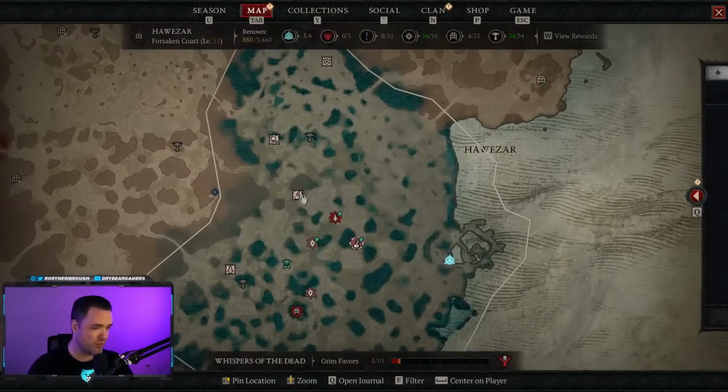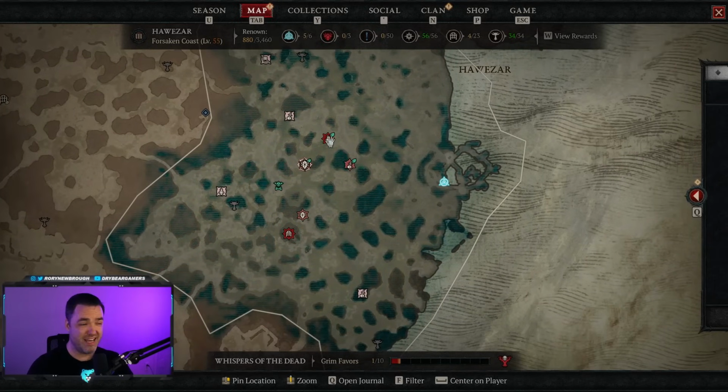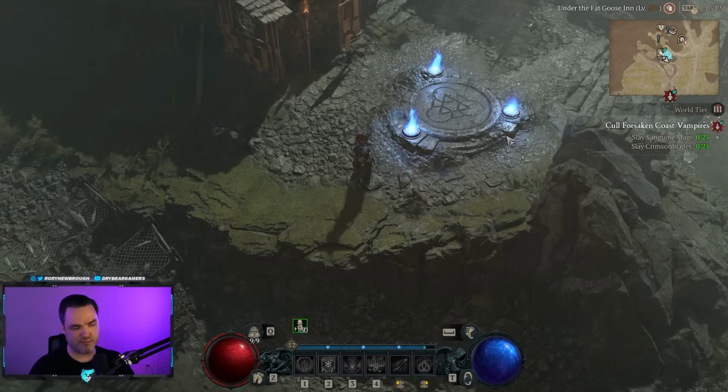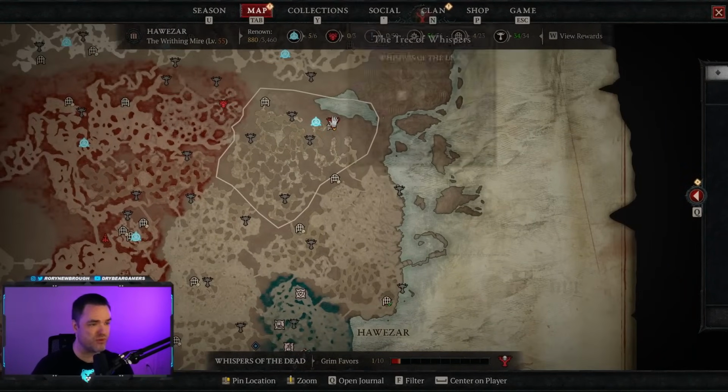I see a lot of players that don't realize this. You can actually just mark these and it'll show you and track them very easily, especially the ones like kill 25 Magi and 25 Crimson Blades, things like that, or kill 150 ghouls. When you click it, you can actually track the number on your screen, which makes it much easier. And of course, they upped the amount that you get when you turn in the whispers,